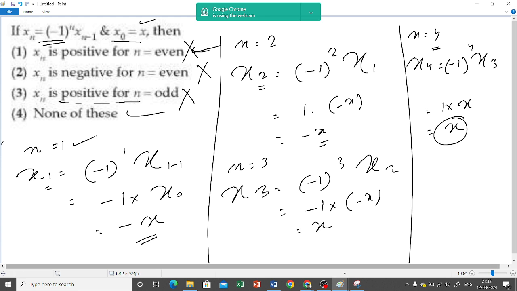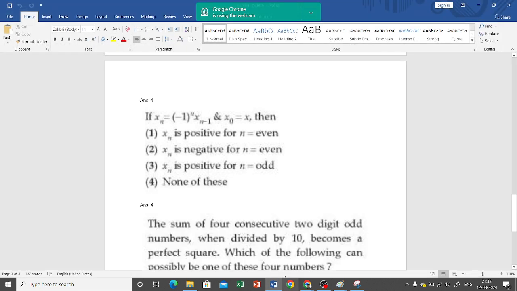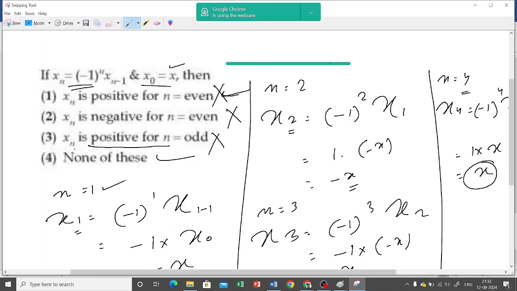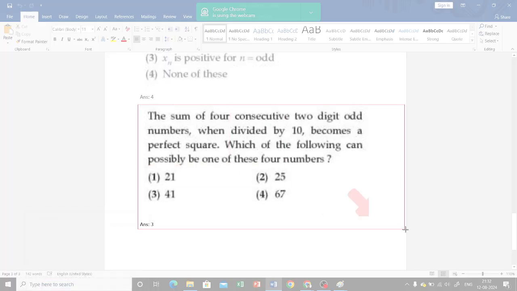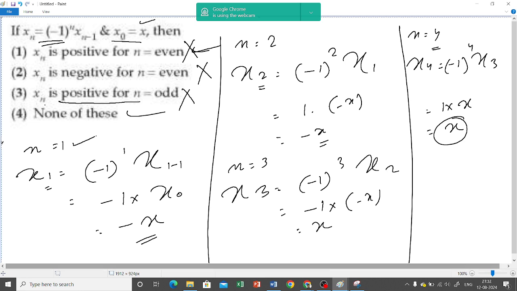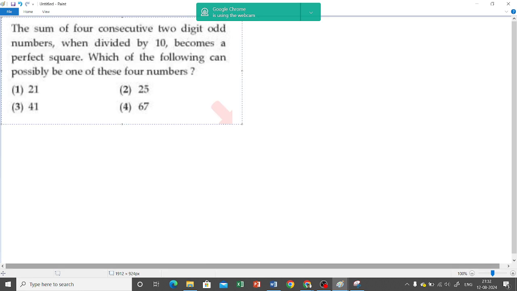Okay, let's move on to the next one. Try out this sum. This has a slight blend of AP, okay? AP,